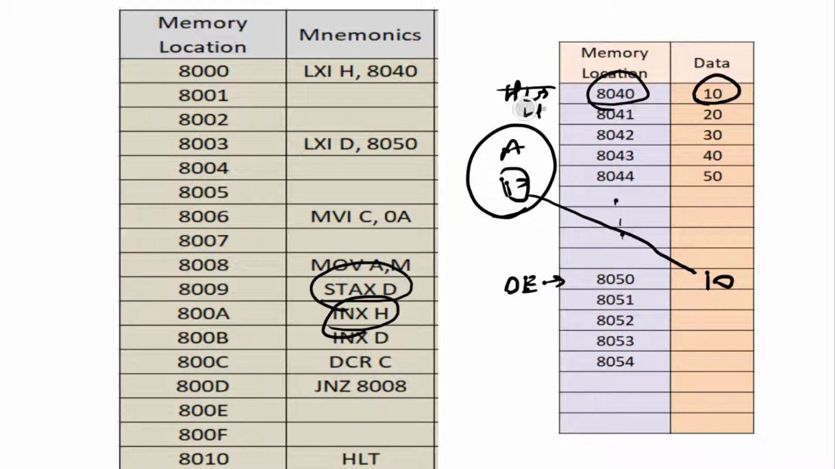So we need to move to the next memory location, and then with INX D, this D pointer shifts ahead, and with DCR C the counter 0A